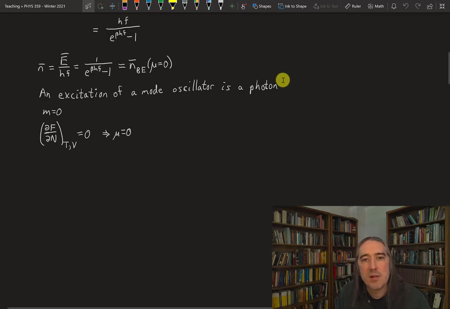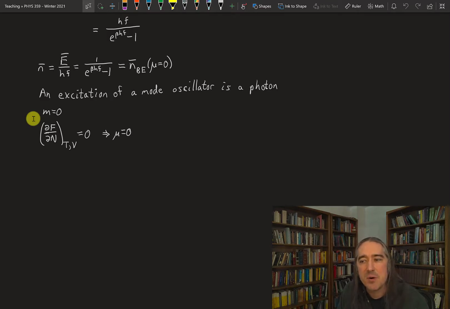Now, since we're talking about light, and light moves, shockingly, at the speed of light, you know from relativity that means that if a photon is a particle, it's a particle with zero mass. Okay, that's the only way something could move at the speed of light. M equals 0. The fact that m equals 0 is going to lead us to this conclusion that the chemical potential is 0. And the story, Schroeder gives a nice sort of two different explanations for this. I'm going to give you the one that I liked better of the two because it's a bit more general.